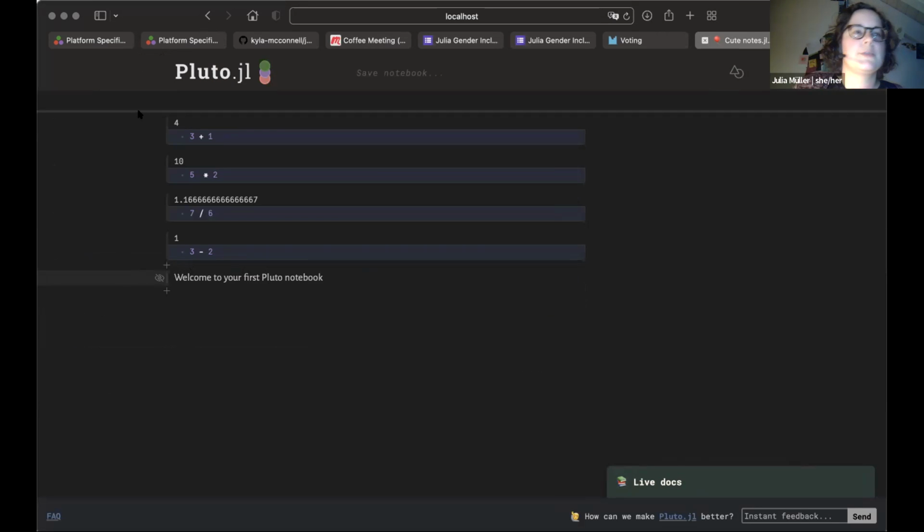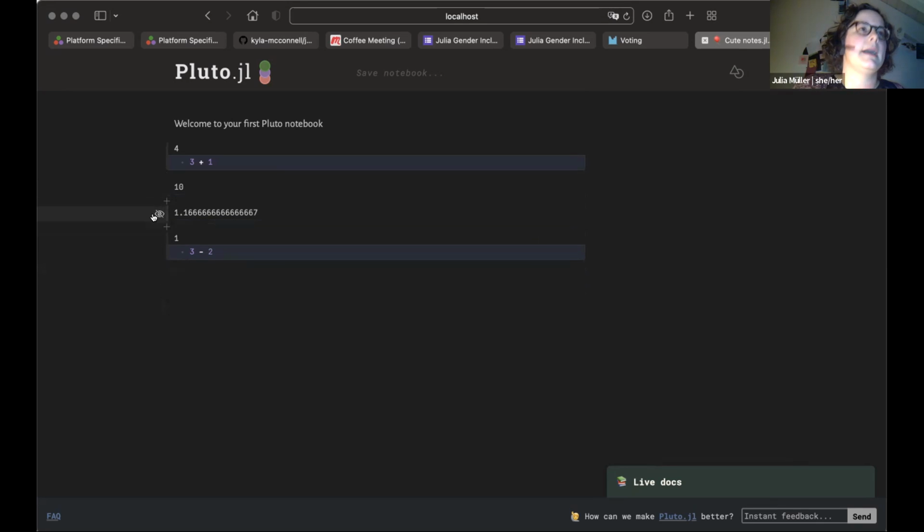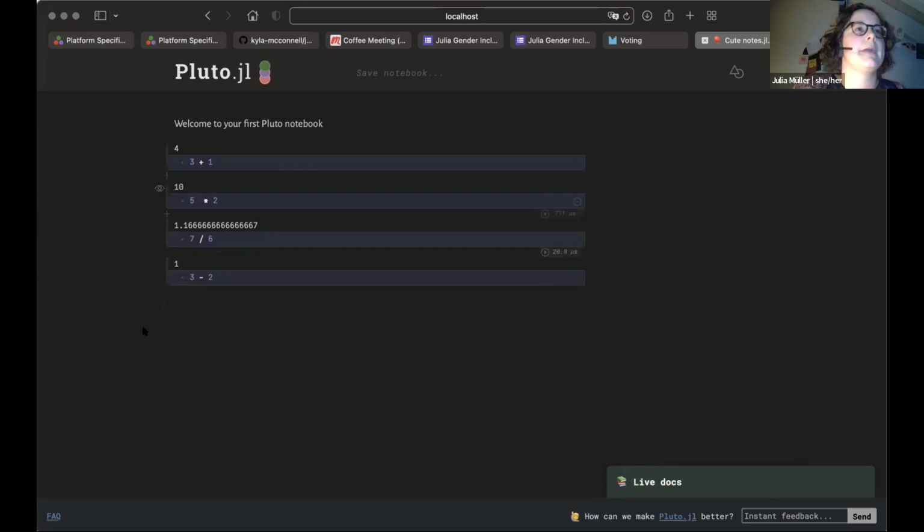You could also do this with other code. So say you're making a graph or something, and you only want people to see the graph. You're making a report of your research results, and you only want people to see the graph or some table or some model output, and you don't want them to see the code. You can hide any of these code elements by just clicking on this eye, and you can hide any of them, and then click again to show it again.